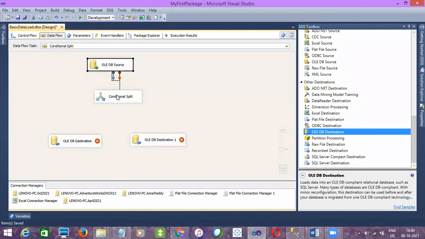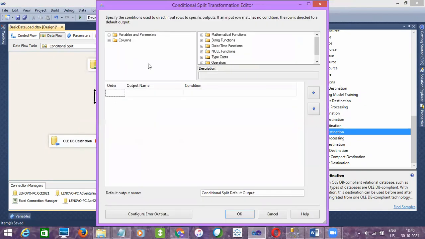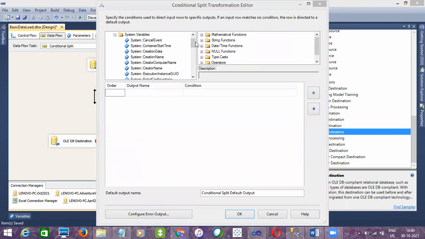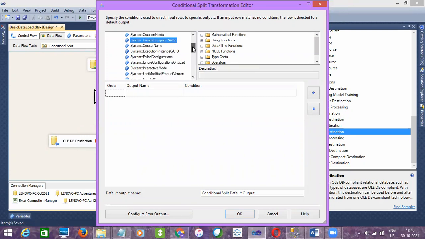Let me drag the connector to conditional split. In the conditional split, on the left side you can see variables and then columns. Variables are nothing but those which we create. I'll explain what these variables are, and there you can see the system variables as well. Within the system variables you can see creation date, package name, right? Those are system defined. In SQL also I told you, what is a variable?